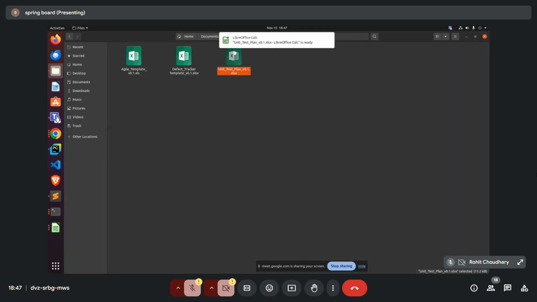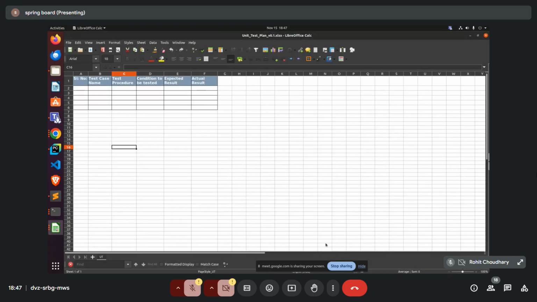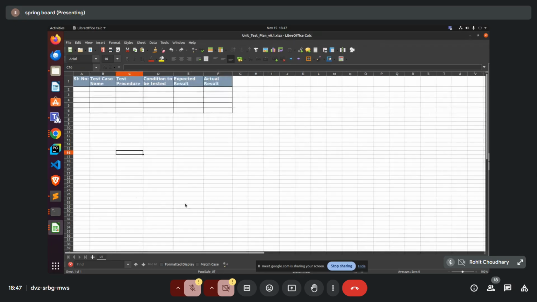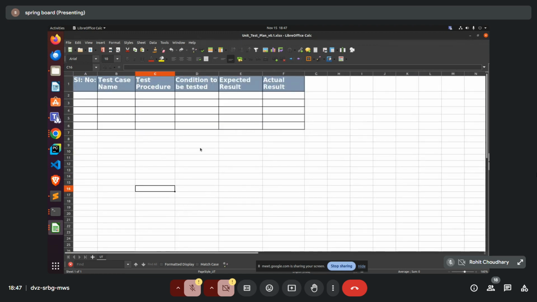We have another file that is for unit testing. This is useful when you are going to test the application. This is the unit testing plan that you need to follow when you are testing your application for real-time use cases. So you need to write the number of that test and the use case name of that test. Like if you are testing the number plate recognition system, then you need to write the name of that use case,